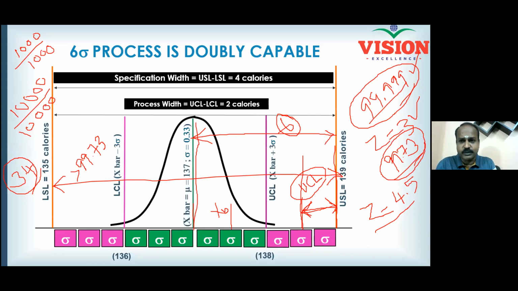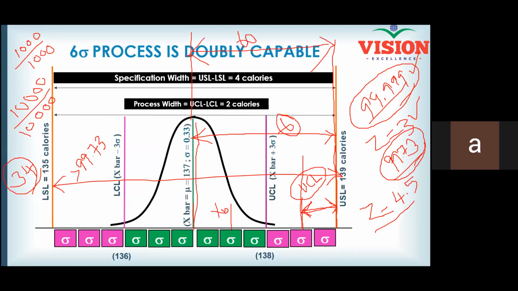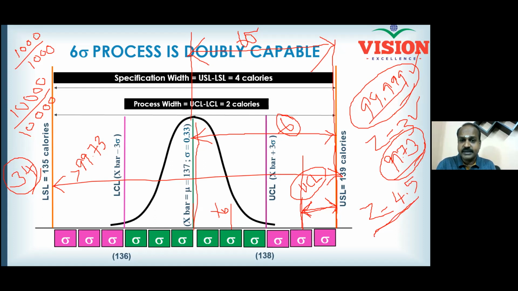Now, what is your Z score? Compare with the previous case. Your specification limit is here. Where is your process center? The process center is here. What is this distance? Can somebody tell me? This is equal to 6 sigma. So statistically, the process is a 6 sigma process. But instead of using a Z score of 6, I will use a Z score of 4.5. From the normal distribution, I understand even for a Z score of 4.5, the success rate is 99.999.